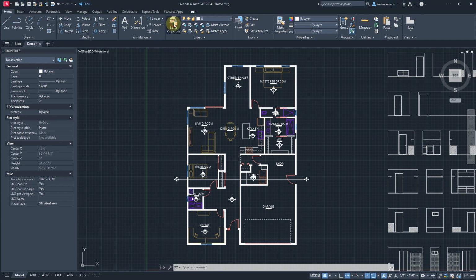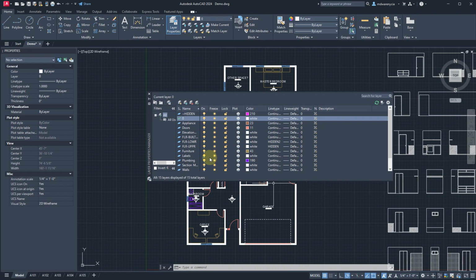What I'm going to do is go into the layer properties here, and I'm going to kind of copy this. Which one do I like here? Floor upper. I like that. So I'll use that hidden, just the hidden one right there. So I'll create a new layer. This is going to be my